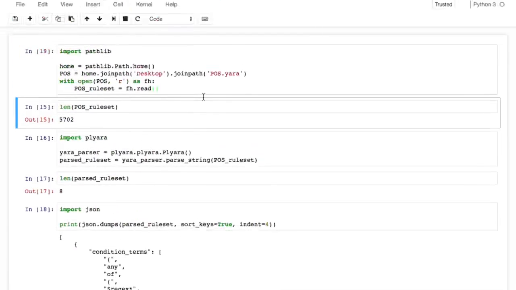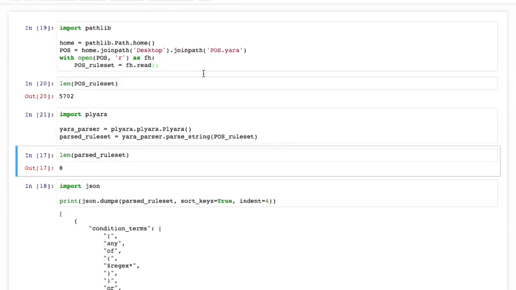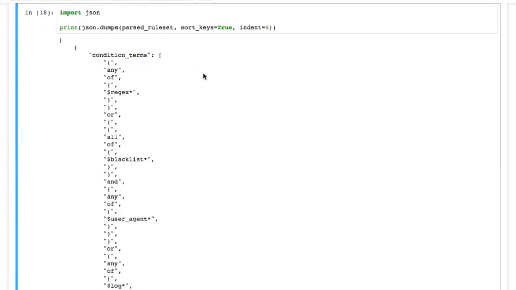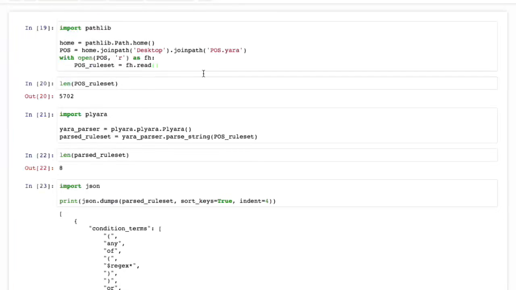All right, so perfect. Now I'm parsing it using plyara. You can see that there are eight rules, and I've taken the rules and converted them into a dictionary, and now I'm dumping them as JSON so that you can read it easily. And if you want to scroll down a little bit